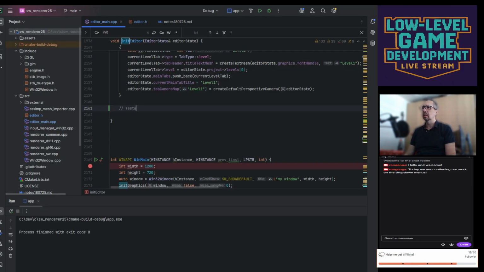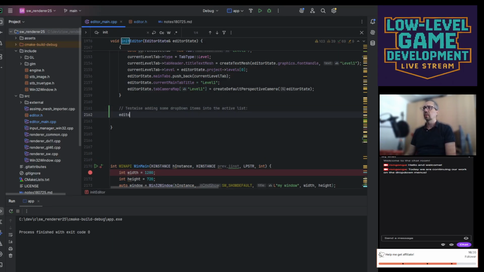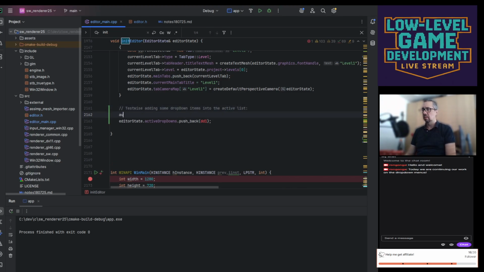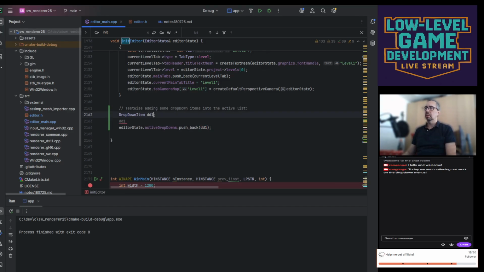Test-wise, adding some dropdown items into the active list. So we have this active list here, called active dropdowns, and we will push back. Let's call it dropdown 1, and we will create this dropdown item dd1, and now we can probably initialize it as well, and we will do dd1, the render